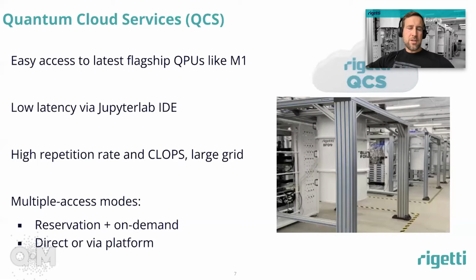Many of our users access through the JupyterLab IDE, which gives a really low latency connection and offers tutorials as well. We're offering high repetition rates through our systems, and the CLOPS metric is highly performant as well with a large grid. Currently, we allow users to access through reservations or on demand. I've seen that we really need to let researchers choose their own modality. So on demand is great through a queue, if you're testing circuits, picking the tires, debugging. But then when you're taking your larger data sets, especially for publications, the reservation mode, where you have dedicated access for hours, is really valuable for researchers.